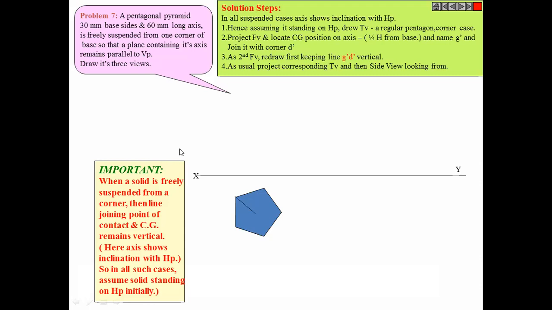So first of all, a pentagon is drawn, and you know how to get the center of the pentagon, or say the apex. Then its projections are drawn. Axis height is given, so it is 60 mm. You don't take the slant edge height, and you don't mix up the slant edge height and axis height. Then its G. G is taken where it is taken for a pyramid, as seen in the previous slide: H by 4.